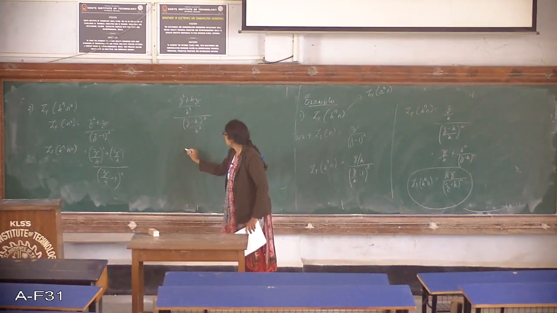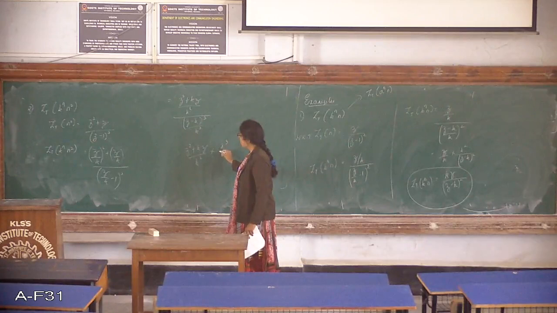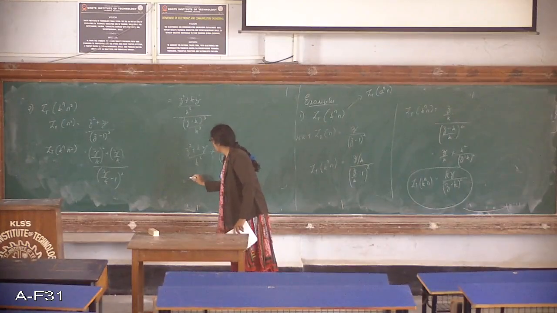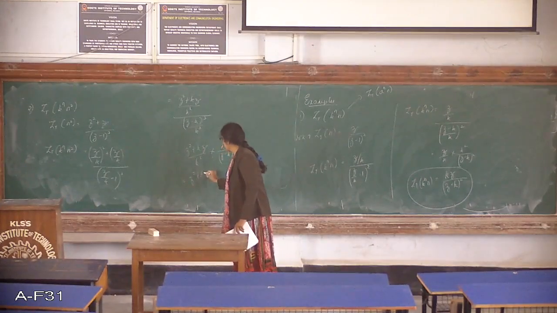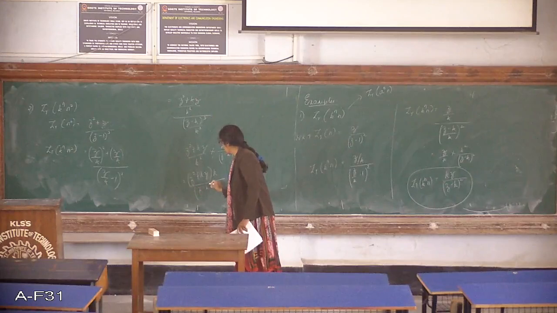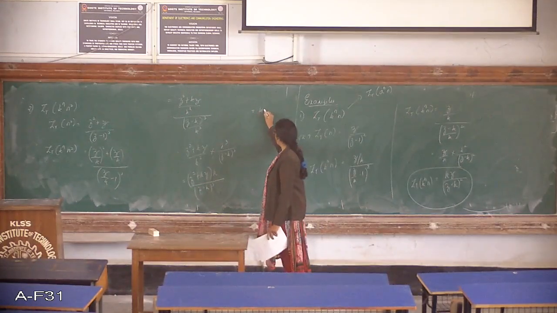So this will be z square plus kz by k square into k cube divided by z minus k the whole cube. So further simplification will give you z square plus kz times k divided by z minus k the whole cube. So further simplification will give you k z square plus k square z divided by z minus k